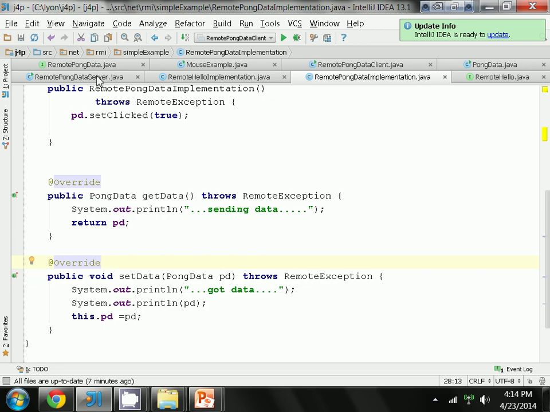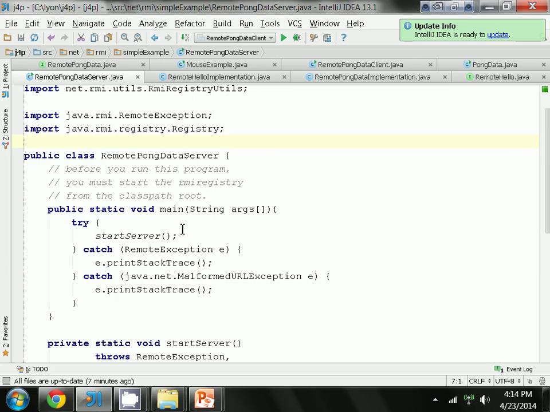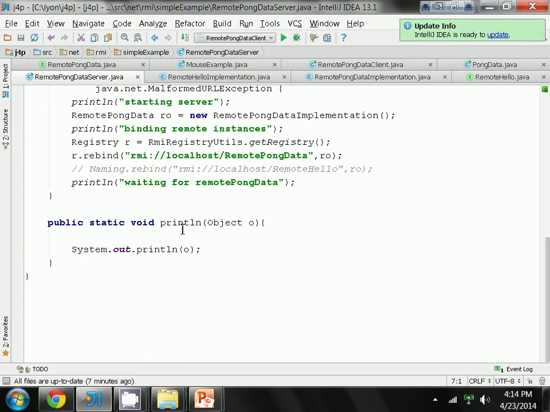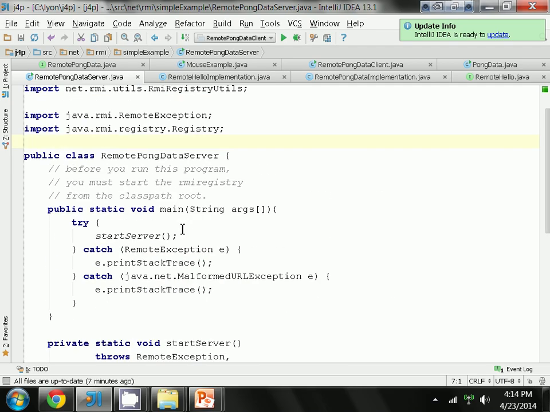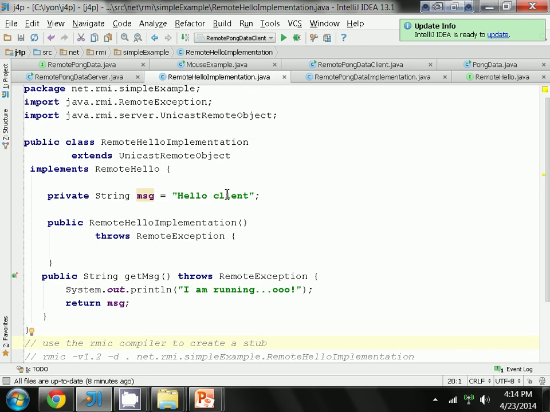The server, well, what the server does is it registers the Pong data with the local registry. So the server is good. The server doesn't have to change. The remote hello implementation,